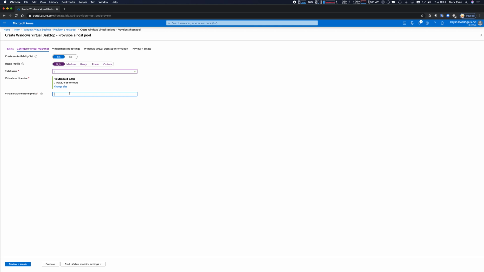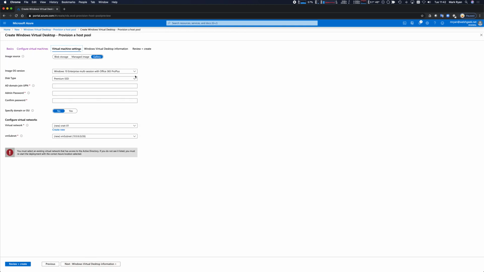And the prefix, when these virtual machines get created in that resource pool, I'm just going to call them WVD pool 21, just so I can identify them. So the VM settings, okay, and as we said,